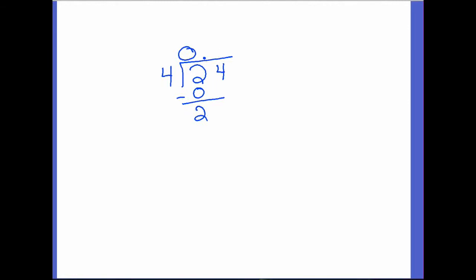So now what do I need to do? Bring the 4 down like we've been doing every other problem. Bring the 4 down. How many times is 4 going to 24? So the decimal goes straight up in the problem. Now, set D